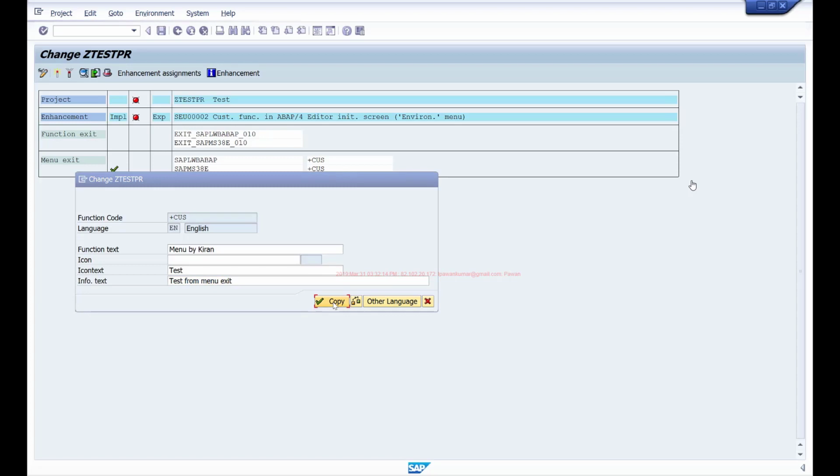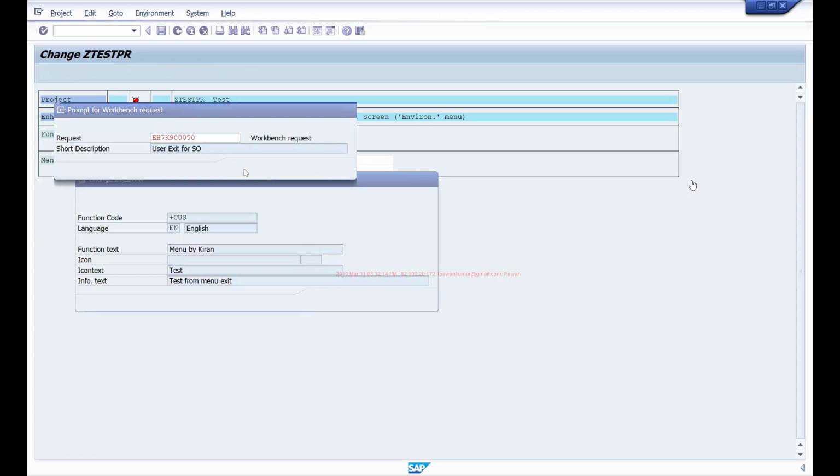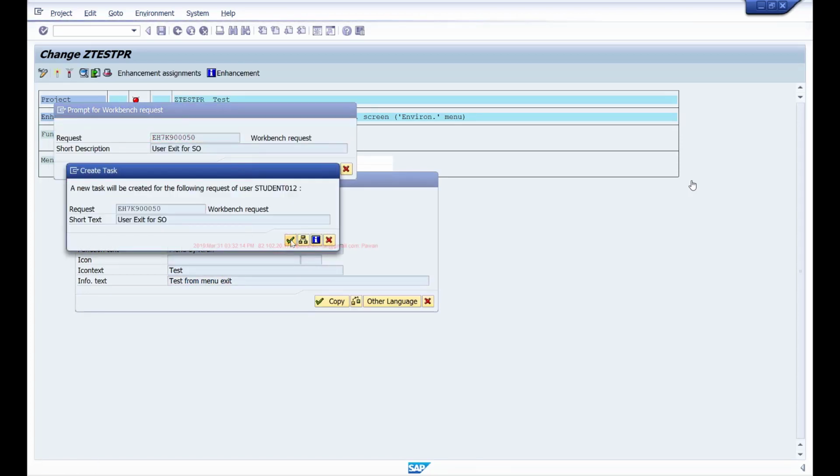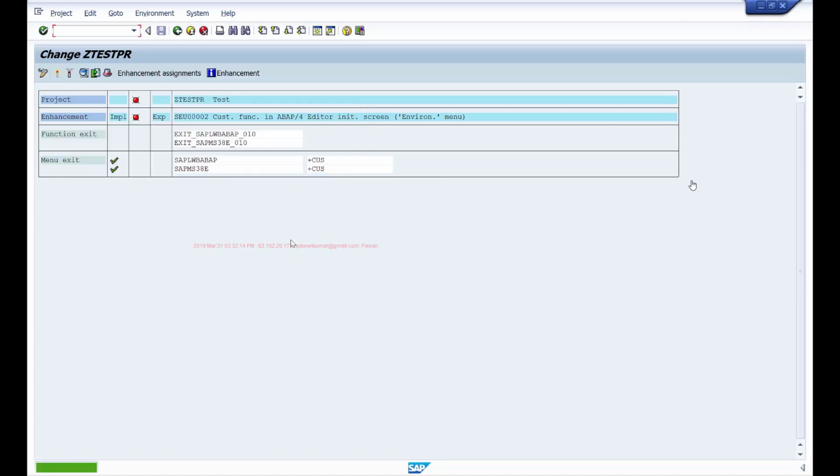Click on copy. So this is implemented. This is the switch framework I was talking about. If you want this enhancement to trigger, click on activate. If you don't want it to trigger, then click on undo activation.